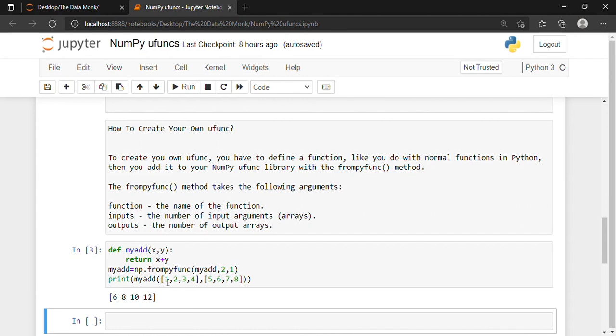So np.frompyfunc myadd comma 2 comma 1. Then print myadd, and inside I have taken two arguments in the form of two one-dimensional arrays, and myadd has done what it should do. It has added, and we have got the results over here.